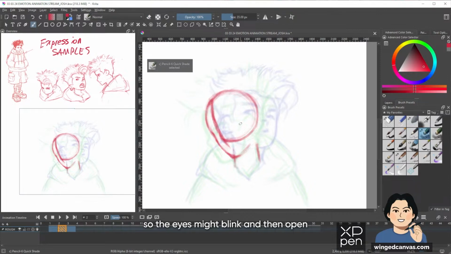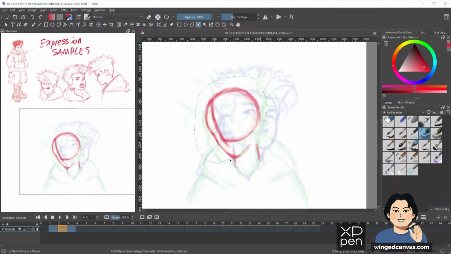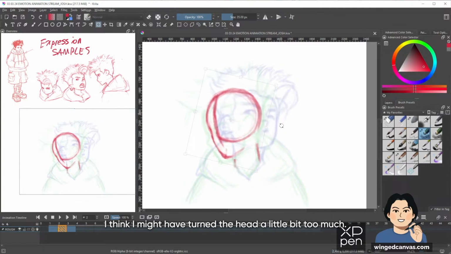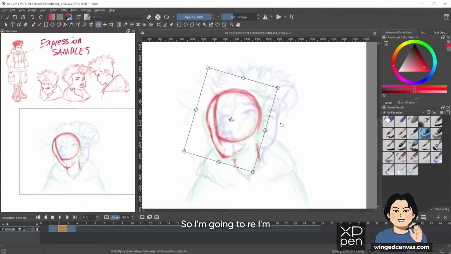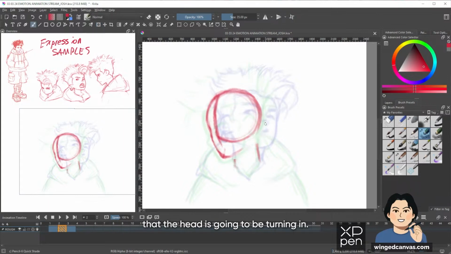The eyes might blink and then open and then look in the direction it's going to go, and that way it initiates the movement of the head rather than just turning the head, or else it might feel a little bit robotic, whereas adding an eye blink makes it feel like it has some life to it, more organic. I think I might have turned the head a little bit too much, so I'm going to reposition the angle and the trajectory that the head is going to be turning in.